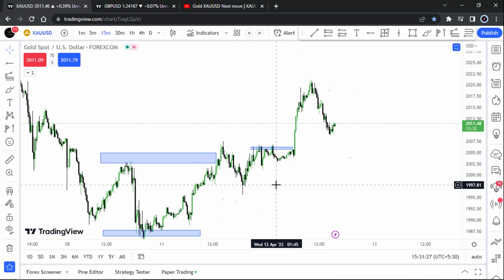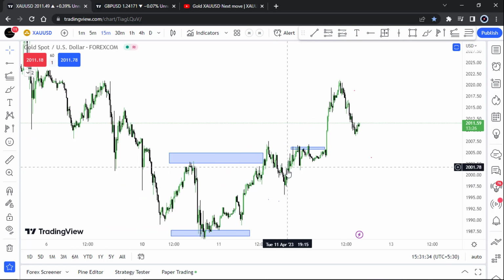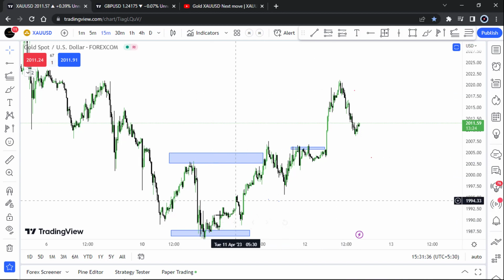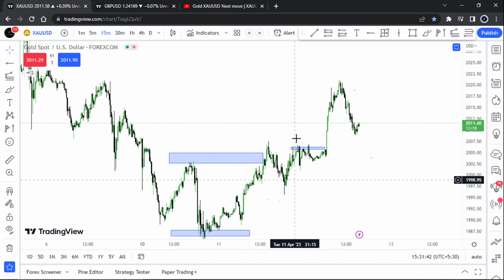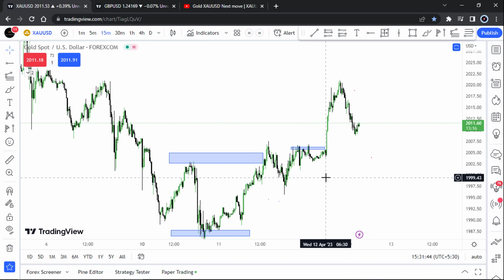So now let's find out what will happen to the gold market in the next couple of hours. Currently, looking at the chart from here to here, we don't see much pullback to the downside with these strong sellers. Probably we can still expect some kind of upward move. And the CPI data is about to be released in a couple of hours, so that's big news.